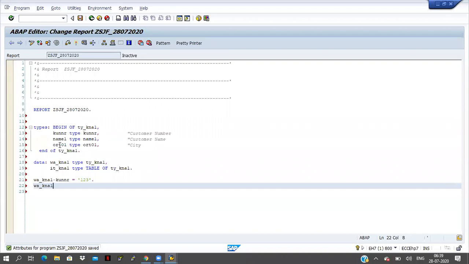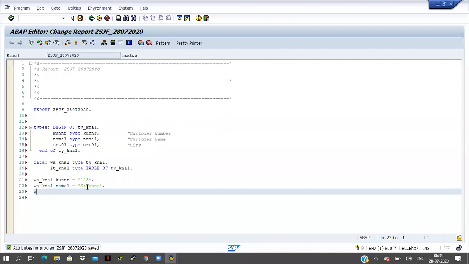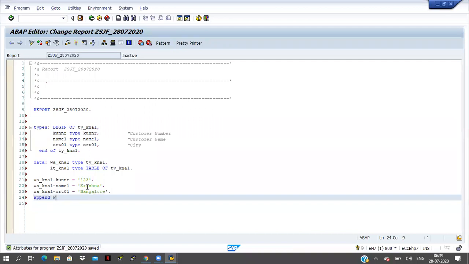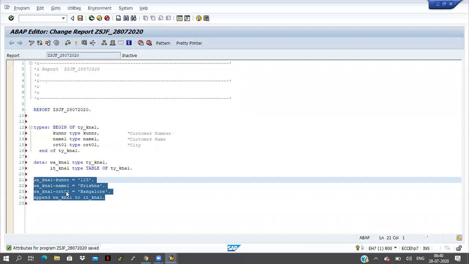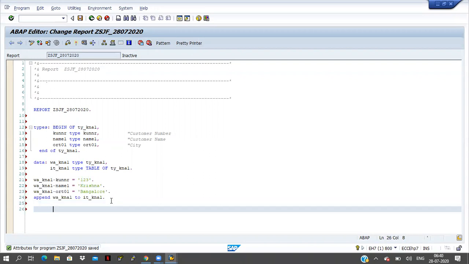Work area KNA1 hyphen NAME1 equal to something. Just I am appending the data to the internal table. I am taking only 3 records here, that's it.